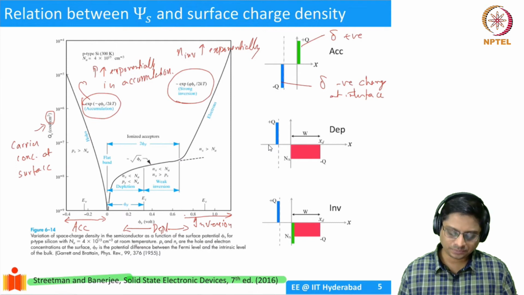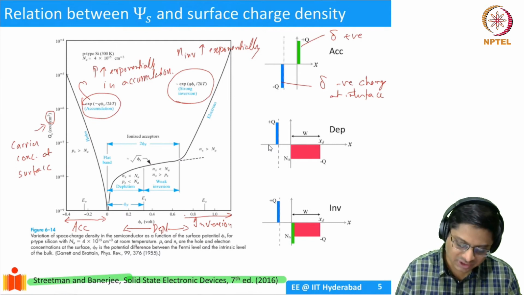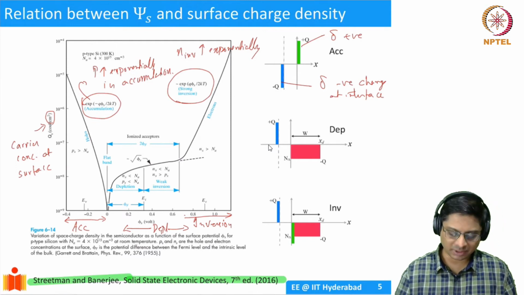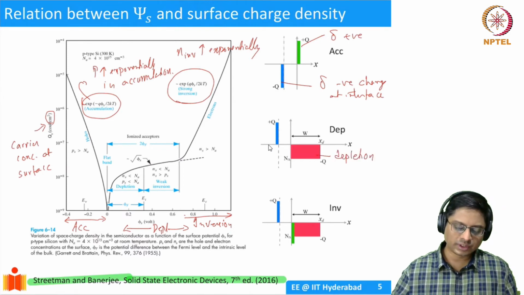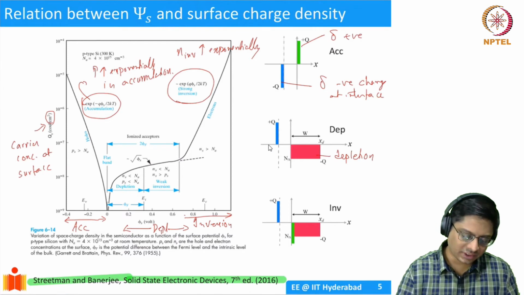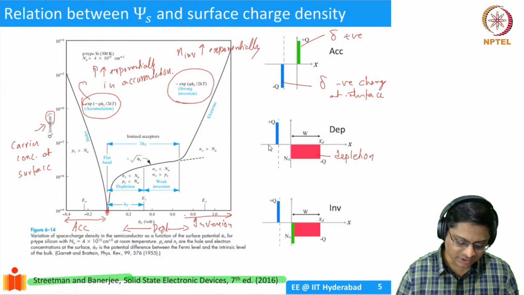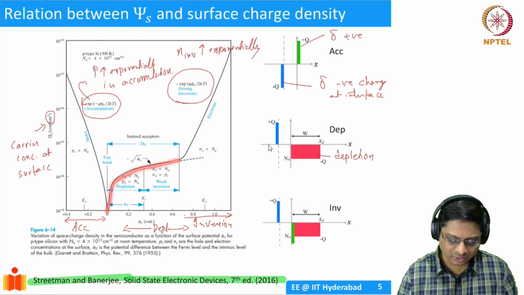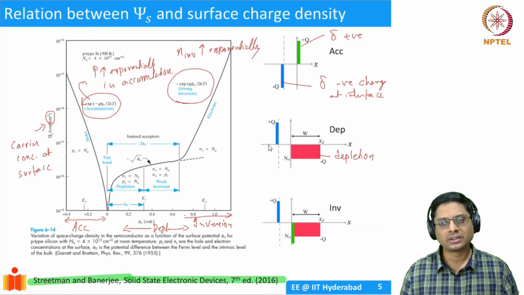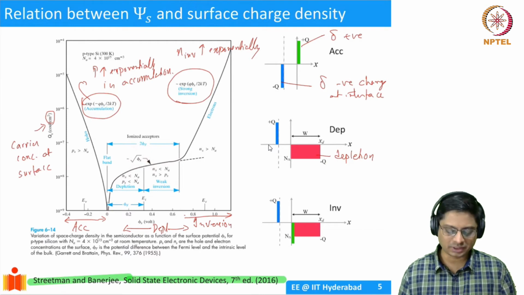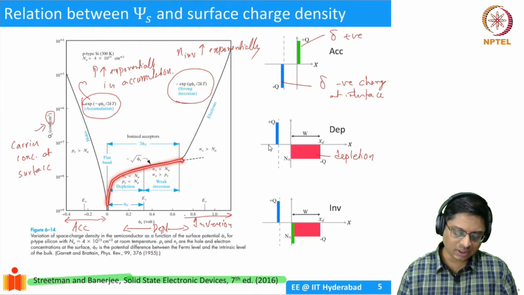But once we go into depletion, we need to keep pushing the holes away to uncover the acceptor ions. So we have to uncover the depletion charge. In this case, the charge will vary as some sort of quadratic function. We have seen the exact relationship: it goes as the square root of phi_s, when we have not yet reached inversion. So this will be the behavior.